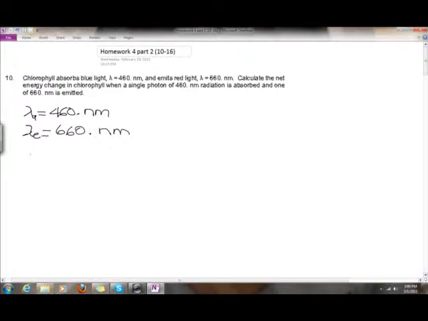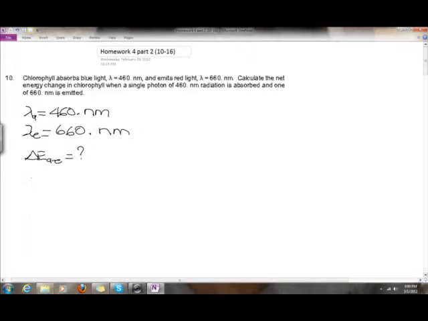Calculate the energy change, the delta energy, between absorption and emission,